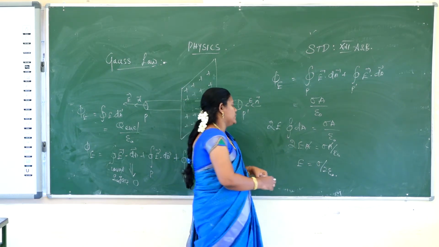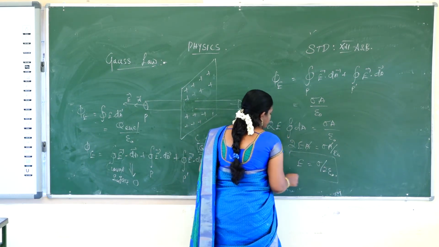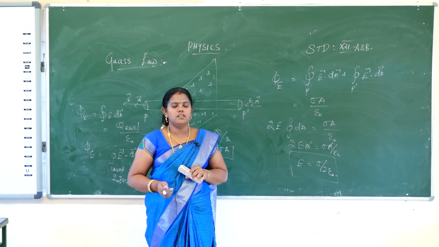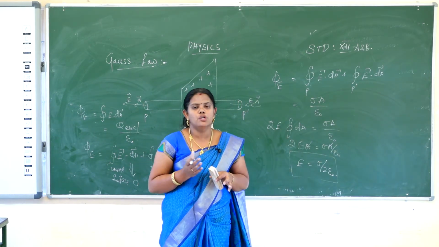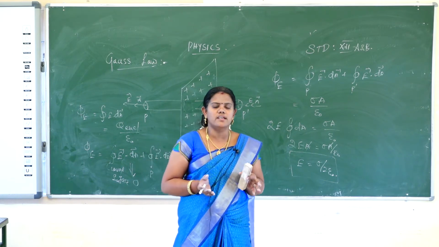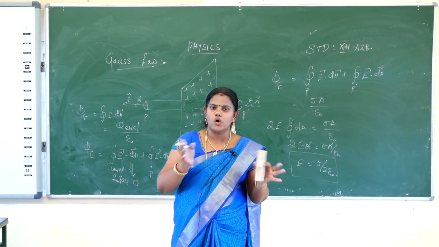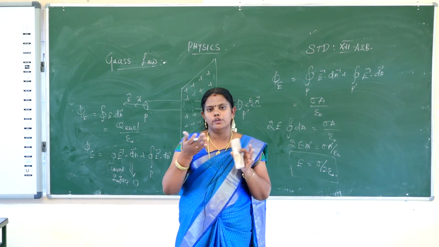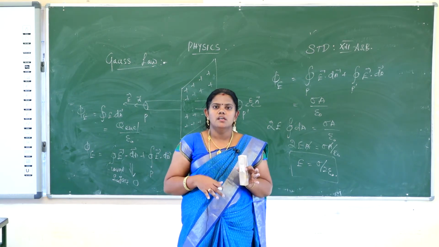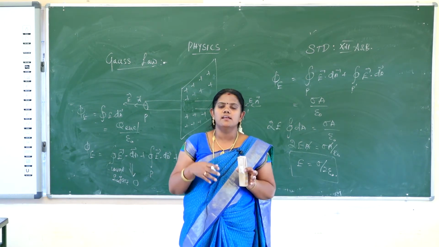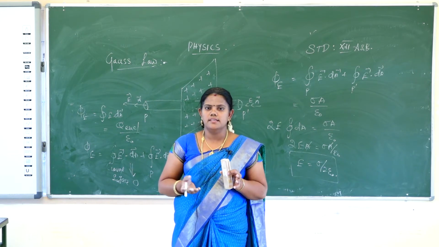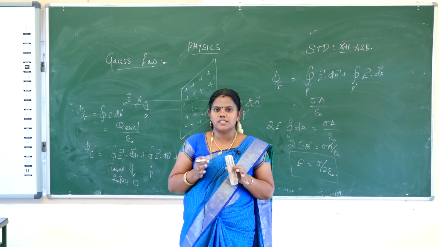This is the electric field exerted due to an infinite plane sheet, obtained by applying Gauss law. So by using Gauss law, we derived the electric field due to an infinitely long charged wire and the electric field due to an infinite plane sheet. Another two cases are there, which will be discussed in the next classes. And in this session we will explain another part.